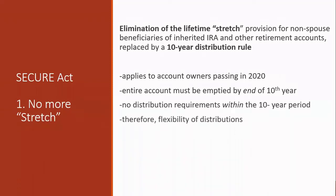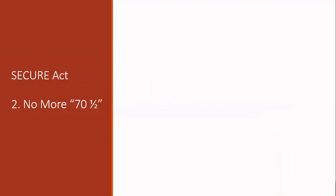So that's provided a lot of flexibility when it comes to timing distributions from an inherited account right now. So a lot of planning is gonna be necessary to make sure that you're maximizing your tax efficiency in these accounts. The second most important item that the Secure Act has done is it has gotten rid of the confusing